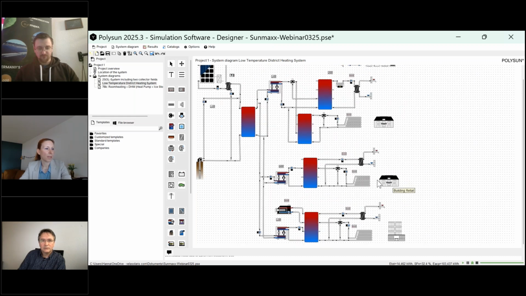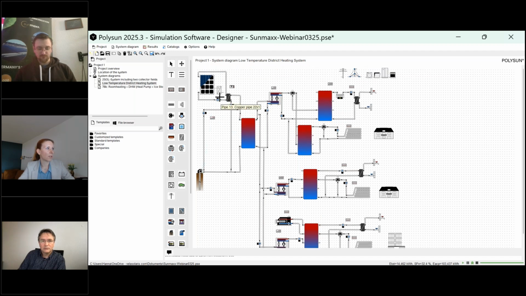then of course you can make the whole balance for the entire system, and that of course includes the beneficial effects here of the PVT system, which is maybe shared on several roofs of this urban area. So it doesn't have to be one field connected. Maybe it just has one orientation.